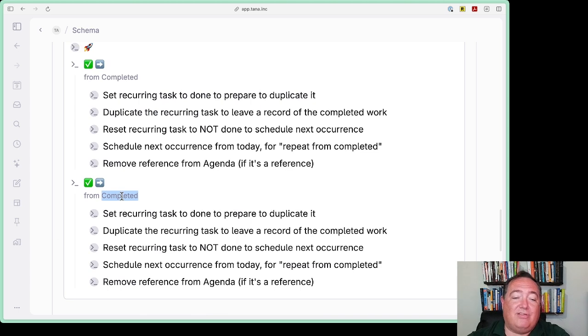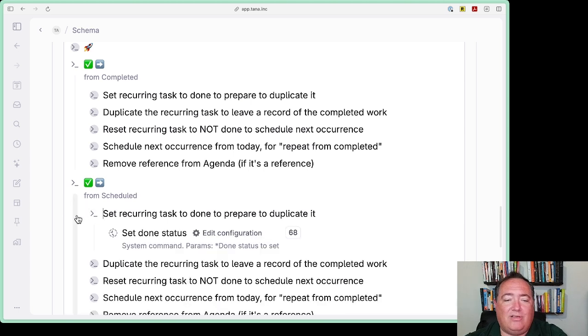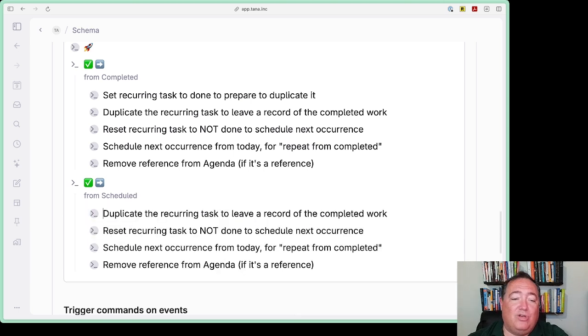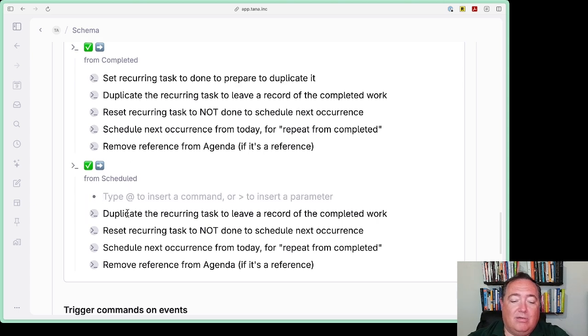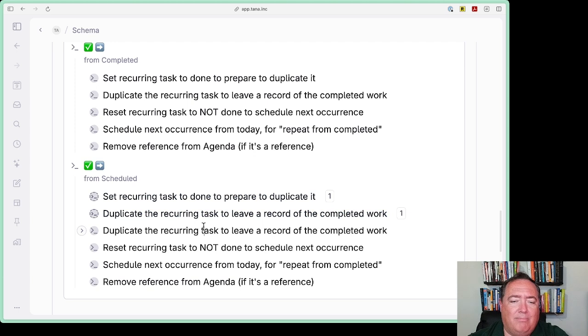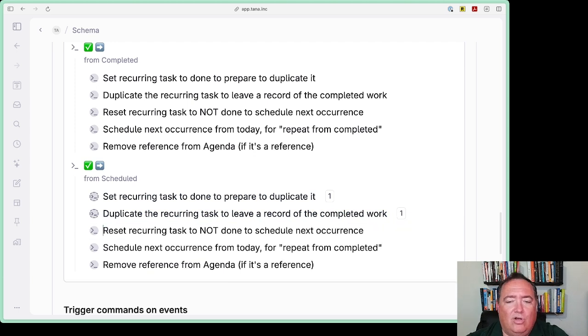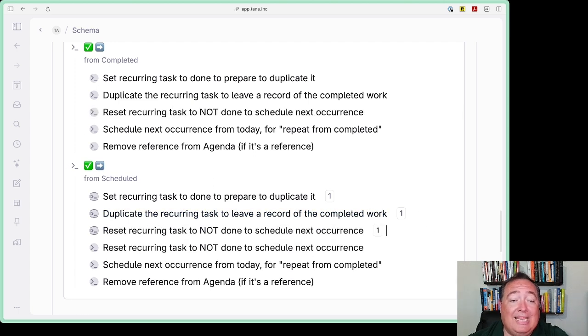Well, I'm going to change this to from scheduled. And then we're going to go in here and that's going to be exactly the same. I don't want to have two commands with that name. Let's reference this one down here. I don't want two commands that are the same here for that one either, so I'm going to grab this and reference it down here. That way I'm only using those commands in one place. This is the same as well. The next one, however,